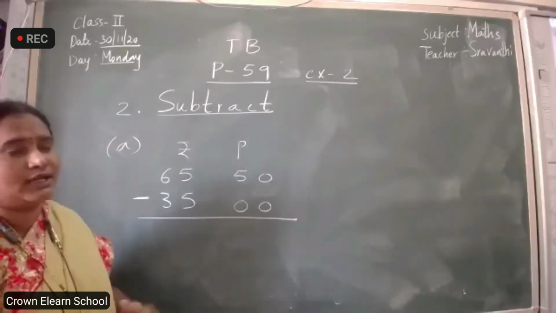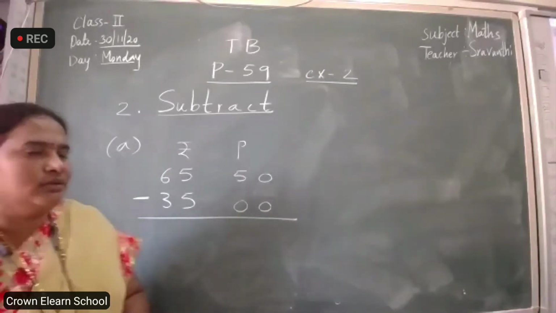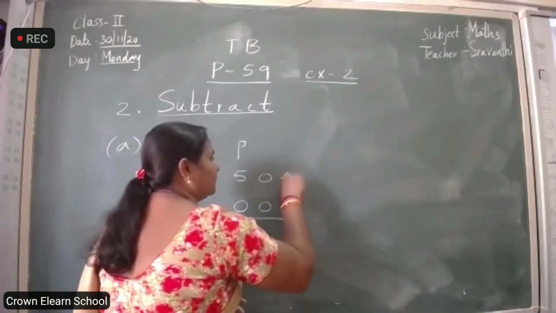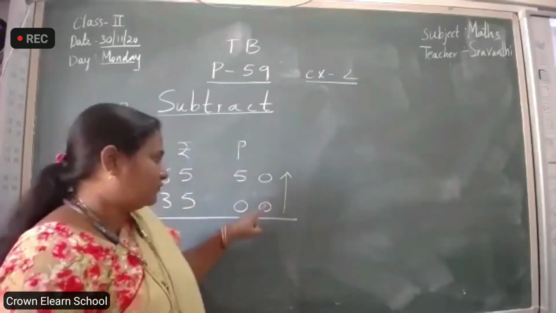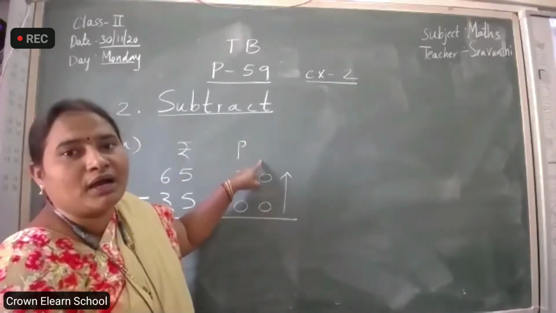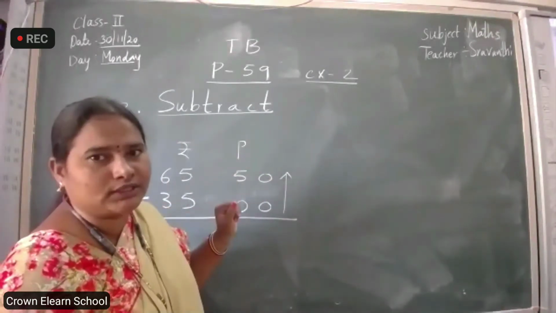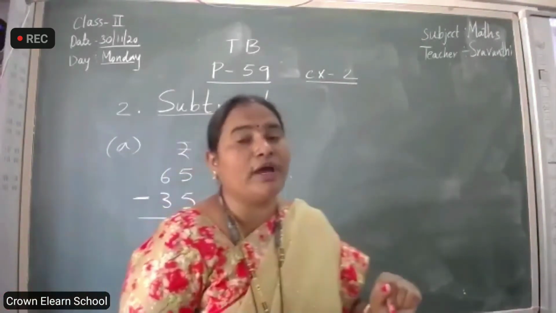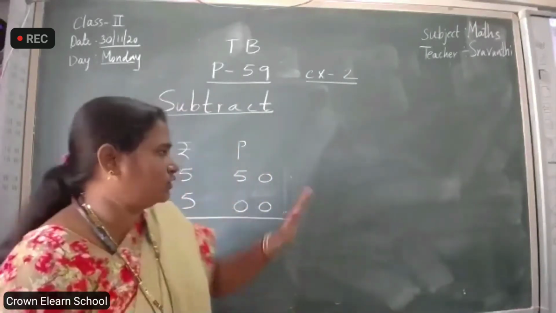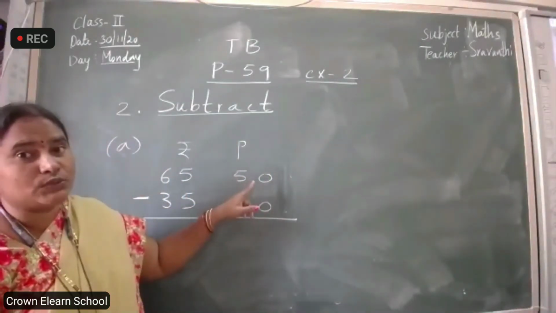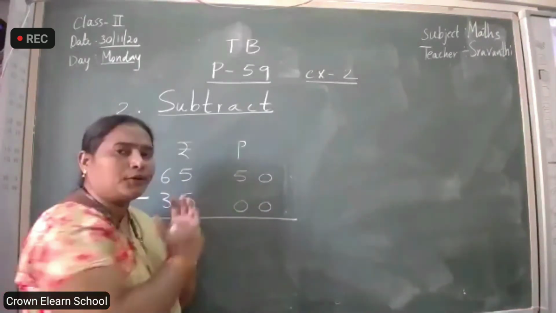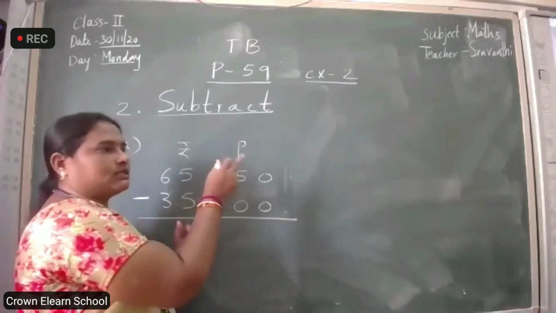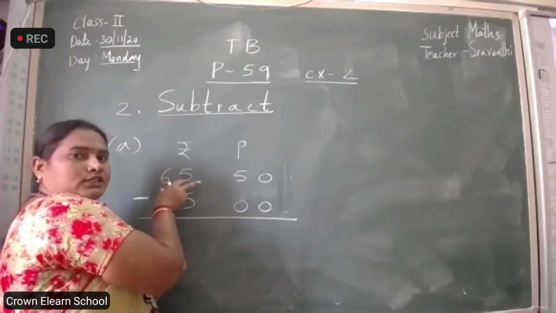Okay, let us do this. How did you learn doing subtraction? Miss made you count like this, no? Close all fingers from the down number to the number which is given above. Okay, you have learned that way, no? I will teach you 2 sums. The remaining sums you have to do. Here, first which column do we subtract, rupee column or paise column? Paise column. Then we subtract the rupee column.